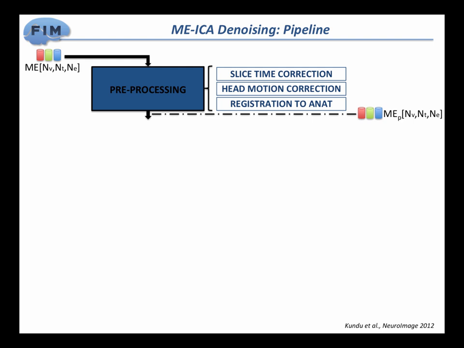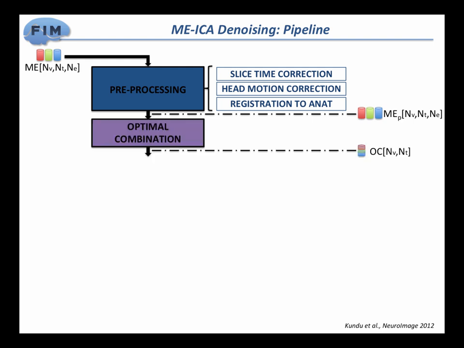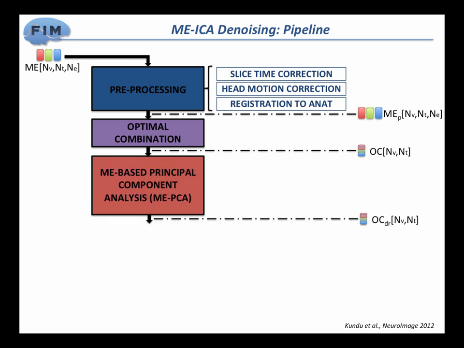If you want, you could do your own pre-processing and then jump in halfway through, and then based on your favorite pre-processing, apply the echo-dependence analysis only, okay? As part of the pre-processing, it contains the typical slice time correction, head motion, and registration to anatomical. But as I said, don't feel that that's the only way that you can do things. The next thing that it does is the optimal combination that I was talking about. It takes the 3 echoes and does a weighted combination and uses that as an input to a PCA first